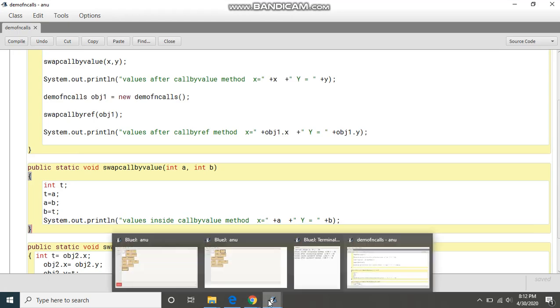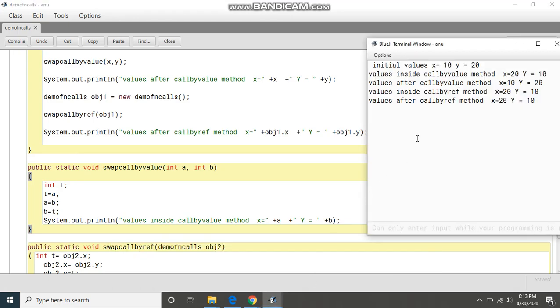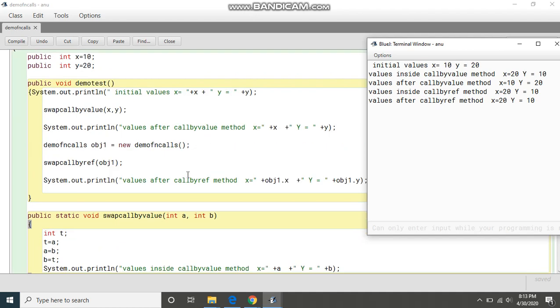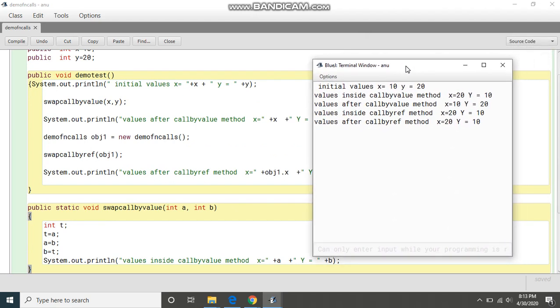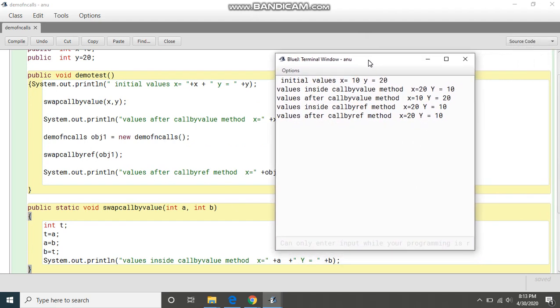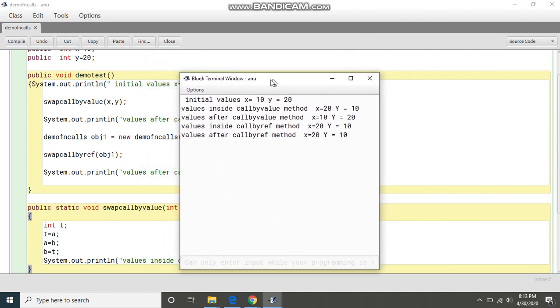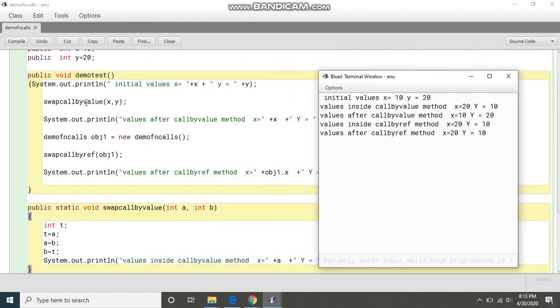Now see here. This line prints the initial values, x is equal to 10 and y is equal to 20. Then the control goes here, swapCallByValue.